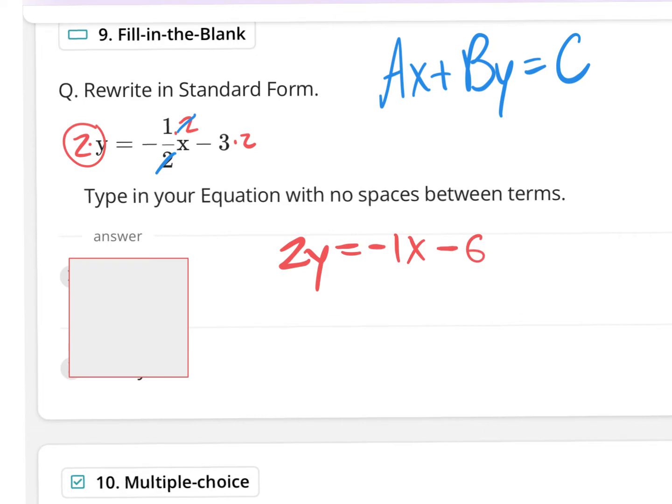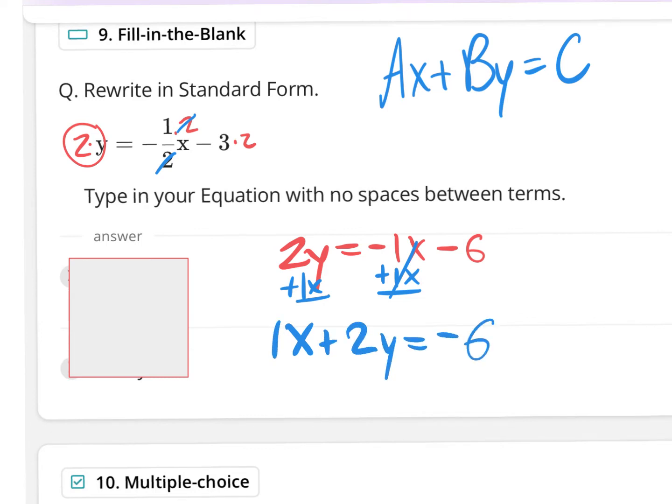So we have gotten rid of the fraction, and now we want to move the x and the y to be on the same left side of the equal sign, leaving the number, the c value, all by itself without variables, on the right side. So I want to leave this minus 6 by itself. I don't want this minus 1x. So to get rid of that minus 1x, I'm going to do the opposite, plus 1x. What I do to one side, I do to the other side. You can't really add x's and y's, so you're just going to rewrite it. But to write it in the correct order of standard form, you want your x term first. That'll be a 1x plus 2y